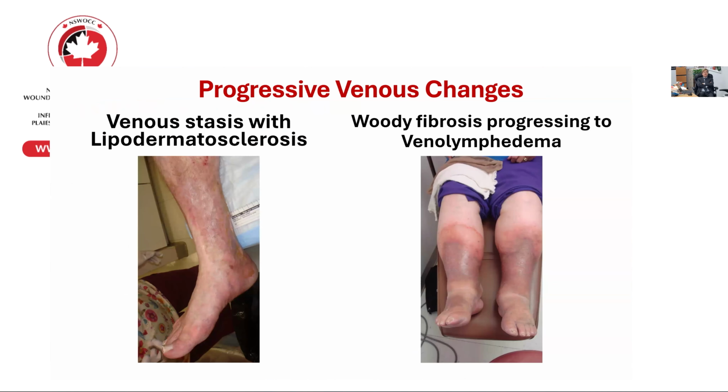Next one. Okay, this is venous stasis with lipodermatosclerosis, and the woody fibrosis progressing to venolymphedema. When you have a mixed picture, you always put the first one first. And we know with venous disease, and as Robyn has outlined, the leakiness out of the veins produces the pitting edema. And there is a venous predominant component in venolymphedema. In pure lymphedema, though, you get the woody fibrosis and you don't get the pitting edema. And on the next slide,